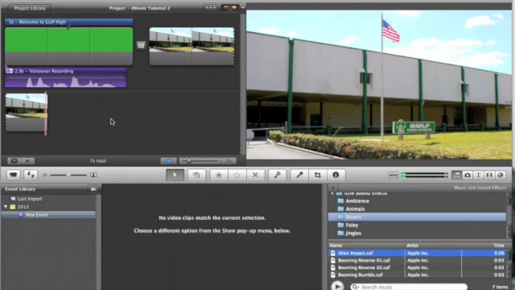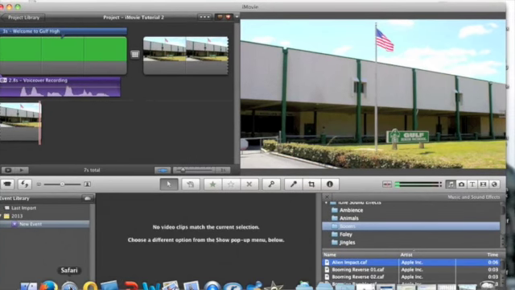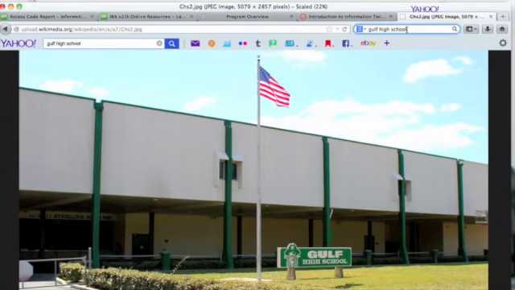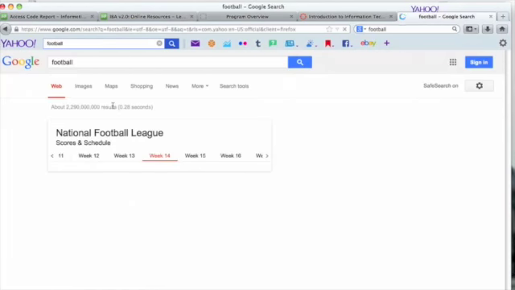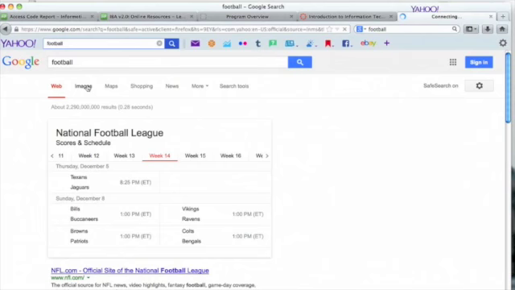Now, if you want to, you will have to put a few different things that Golf High School has or offers. So say you want to show that Golf offers football. Football, images,